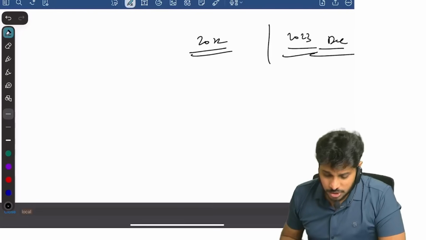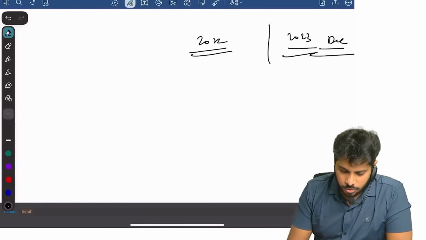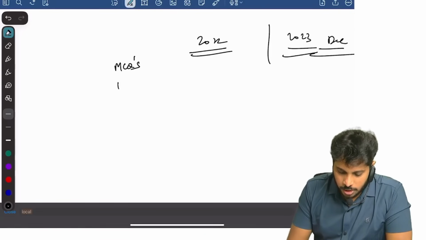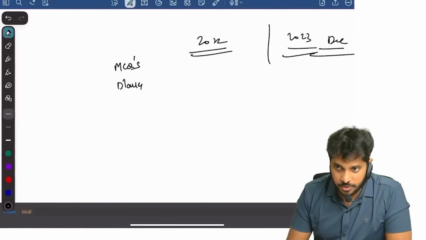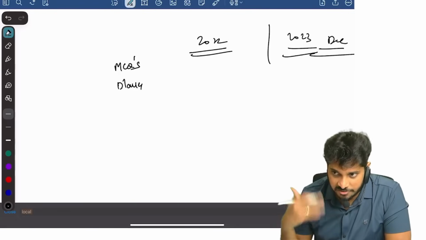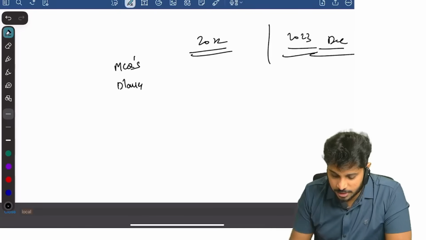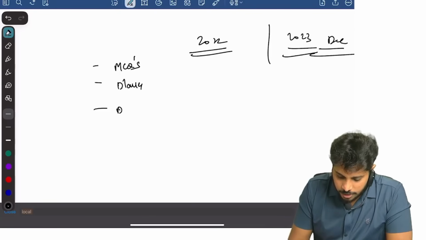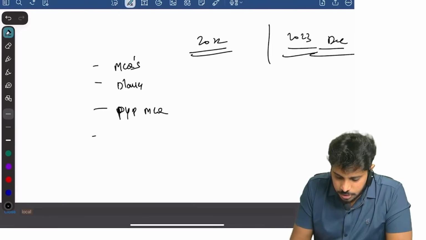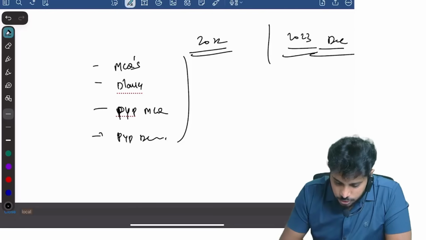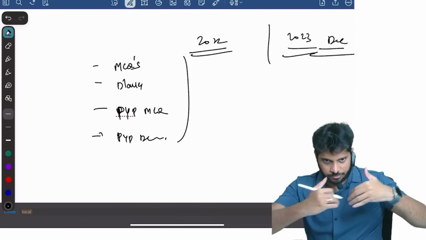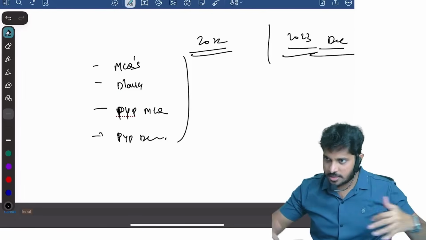Easy or not? So you need to solve MCQs, and you need to solve blanks also. See, why do you need to solve them? They may not ask you blanks, but you should solve them to understand how many different ways a question can come. Able to understand? Then you should solve previous year paper MCQs. Then you should solve previous year paper descriptive questions. These you should solve. So first you finish this marathon, you finish watching this, then go to the audit report topic